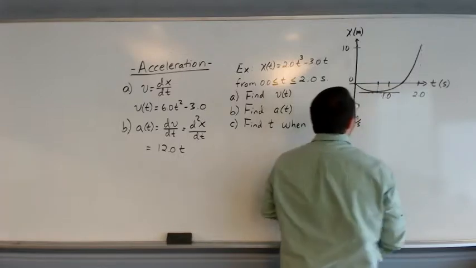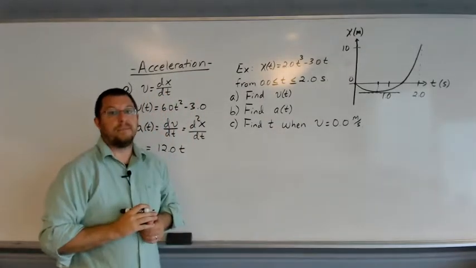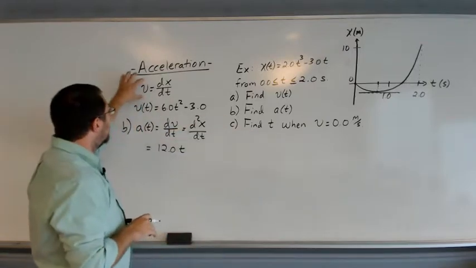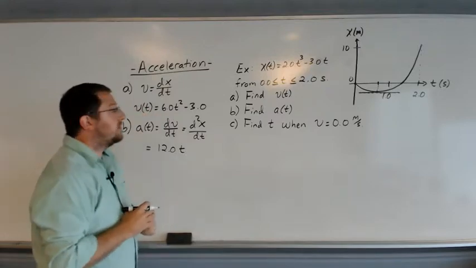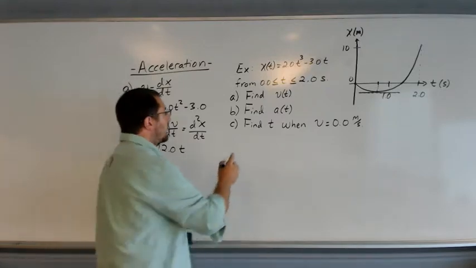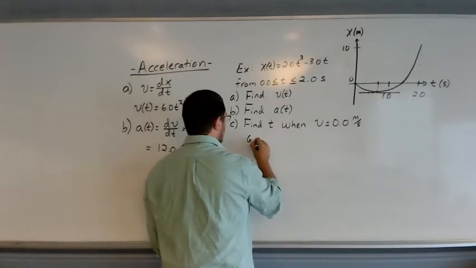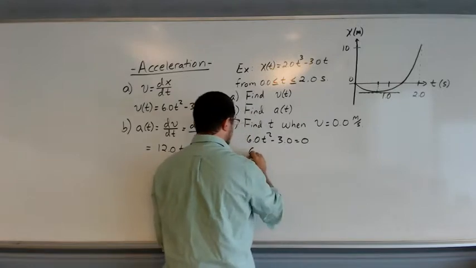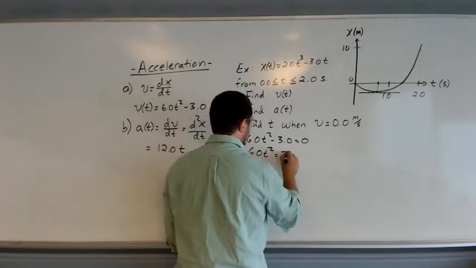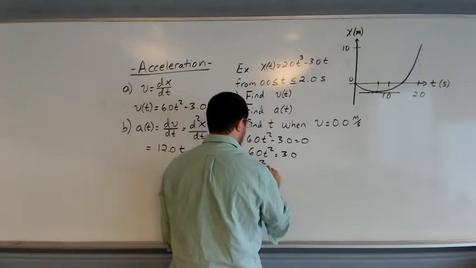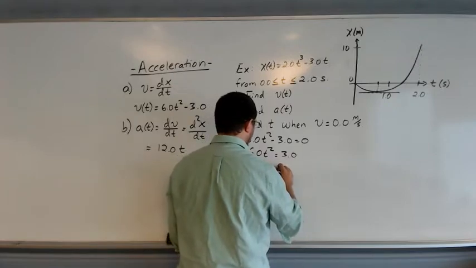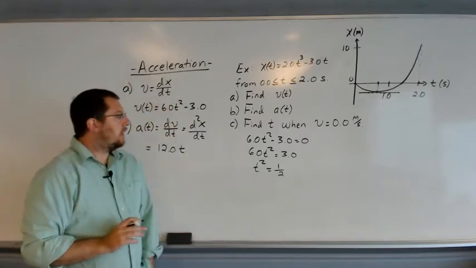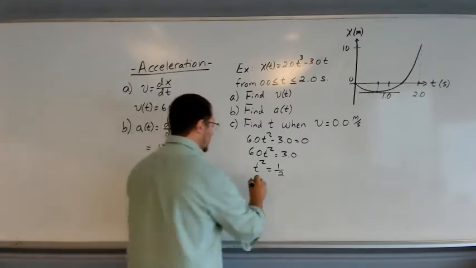It is that point in time that I want to find, okay? So what we can do is we set our velocity function equal to 0 and solve. So to do so, okay? So we have this, and if I take the square root,